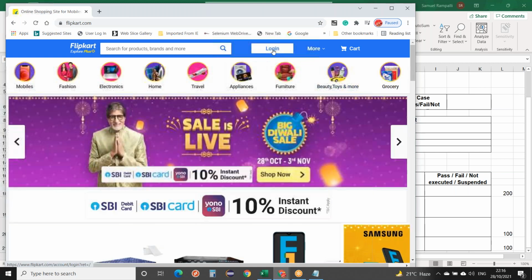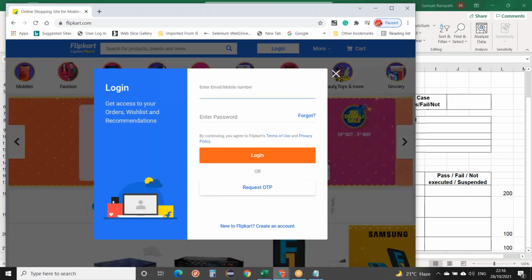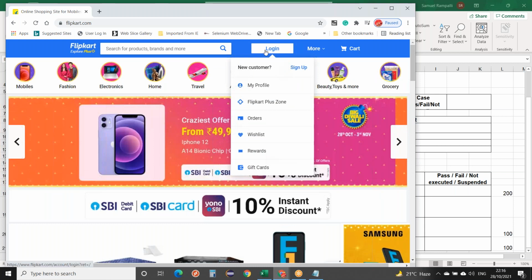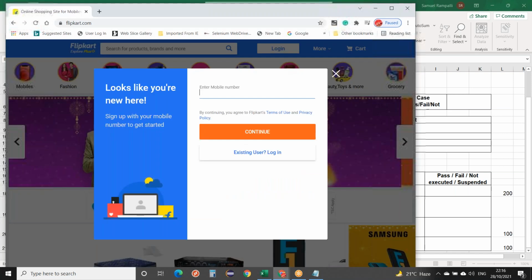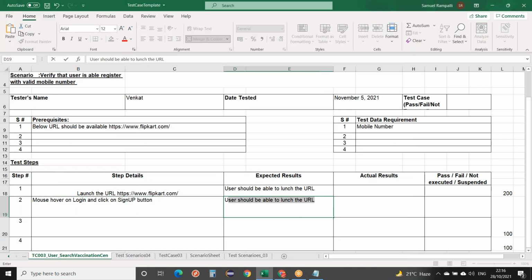Then next is click on login and then sign up. Mouse over on login and click on the sign up button. Then you will write the expected: the pop-up should be displayed, right?